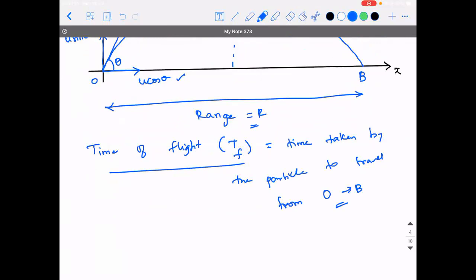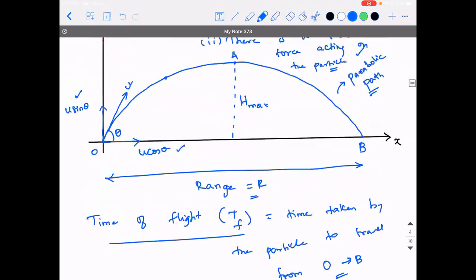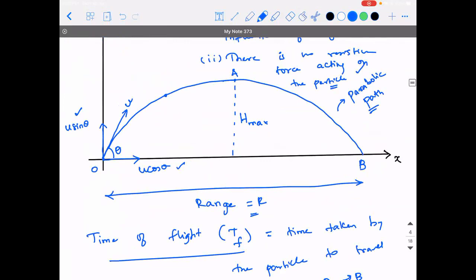Clear? Sir, I have a doubt. Please tell me. Sir, can you once scroll a little? Yeah. Sir, here at A, will all the kinetic energy be converted into potential? Perfect. Correct. Yes. I didn't want to use those words because you learn it in the next step. So that's right, 100%, right?